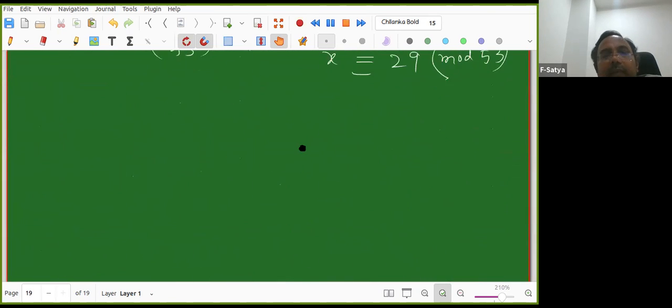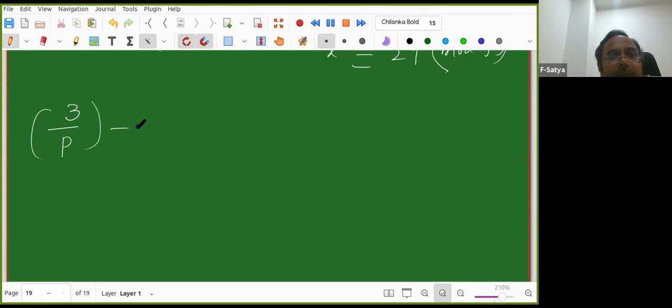So, is it possible for me to compute this 3 by p? What is this value? How can you translate this problem into congruences? That is the overall picture of this quadratic reciprocity law. Here, the interesting thing is that 2 into 4 is 8, so 8k plus 1 and the others come. Now 3 into 4 is 12, so 12k plus 1, 12k plus 5, like that it will come. Why we are multiplying by 4 is another interesting aspect. But I'll tell you this answer